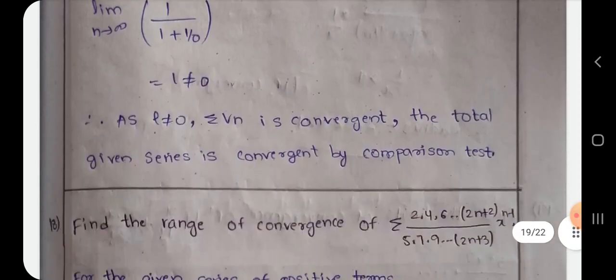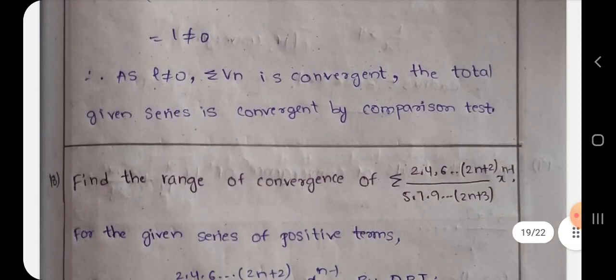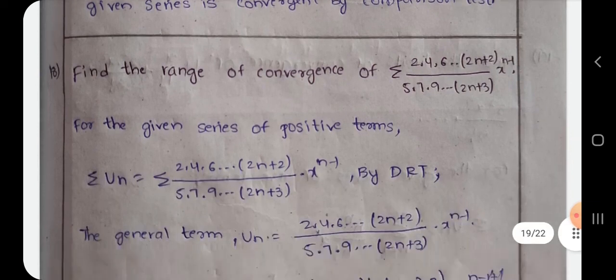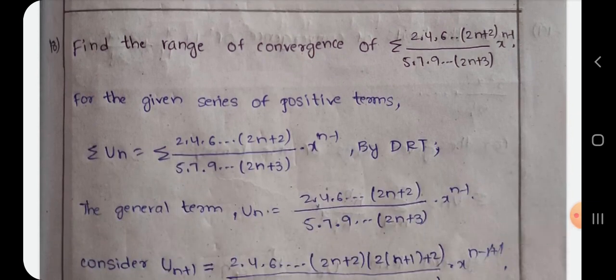So finally limit not equal to 0, based on that summation Vn you are giving the final conclusion. Range of convergence here it is given. Product of series is there. Better you are using